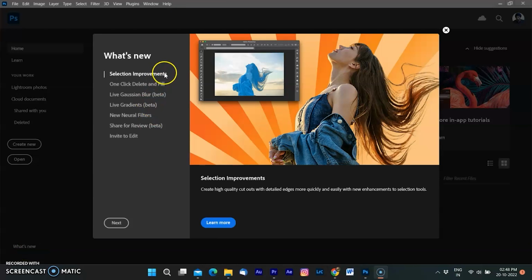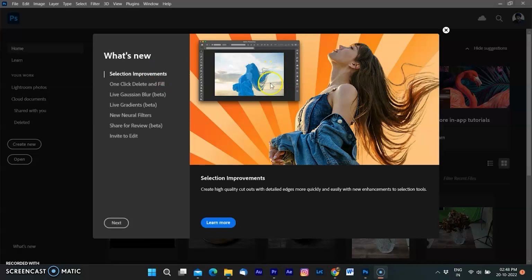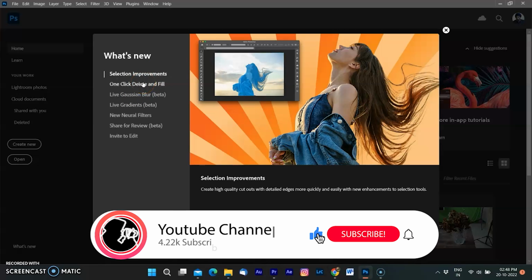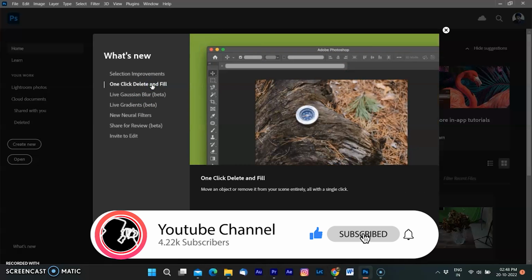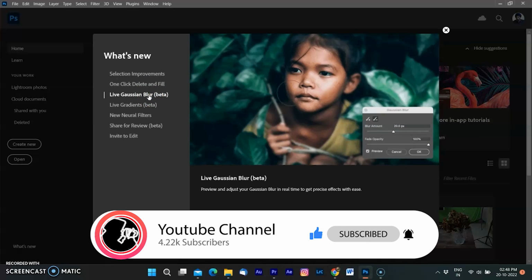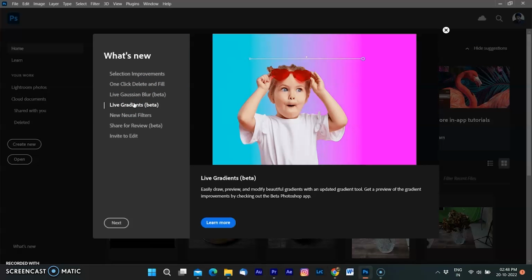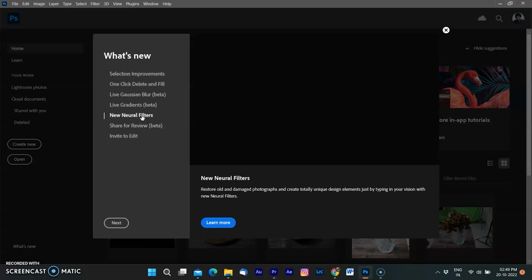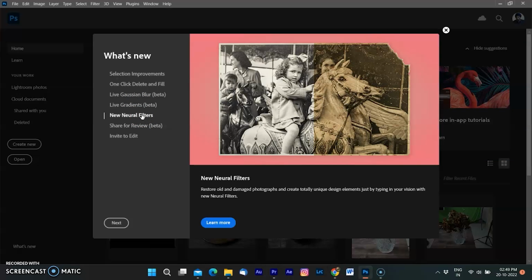Hello friends, the latest version of Photoshop 2023 has already been released and it brings with it some nifty features that will both save your time and help you make better, more precise edits. If you are wondering what is new, what it can do and how to use it, watch this video that will give you an overview of what to expect and where to find it.